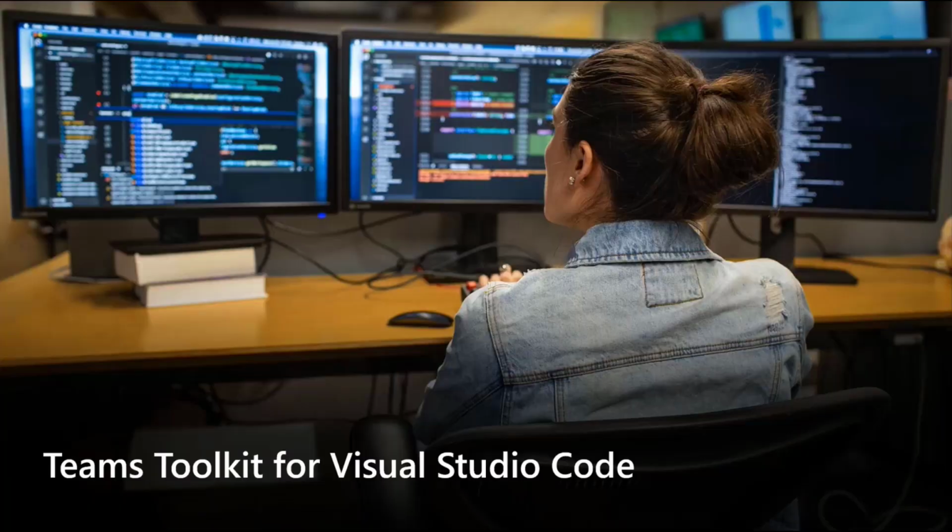So we're going to use Teams Toolkit for Visual Studio Code to build our notification bot. Teams Toolkit for Visual Studio Code, if you're not aware, is an extension that's available in the marketplace that you can install into Visual Studio Code, and it gives you the ability to create, debug, run and publish Teams apps. It comes with lots of project templates. Notification bot is one that we're going to look at, but it's got many others as well.